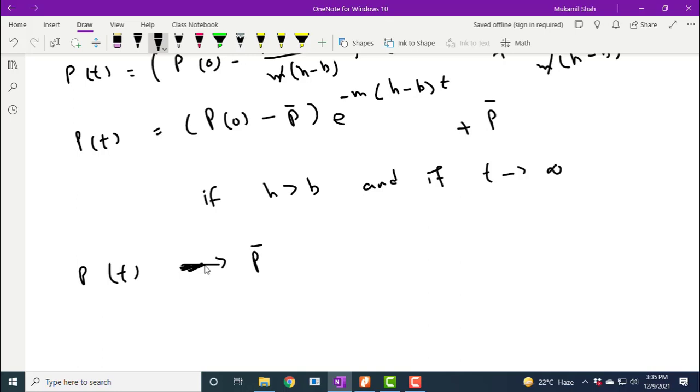and so the equilibrium exists. It is the stability condition for the microeconomic model in case of demand and supply. So this is how a differential equation can be used to analyze the stability condition in microeconomic models.